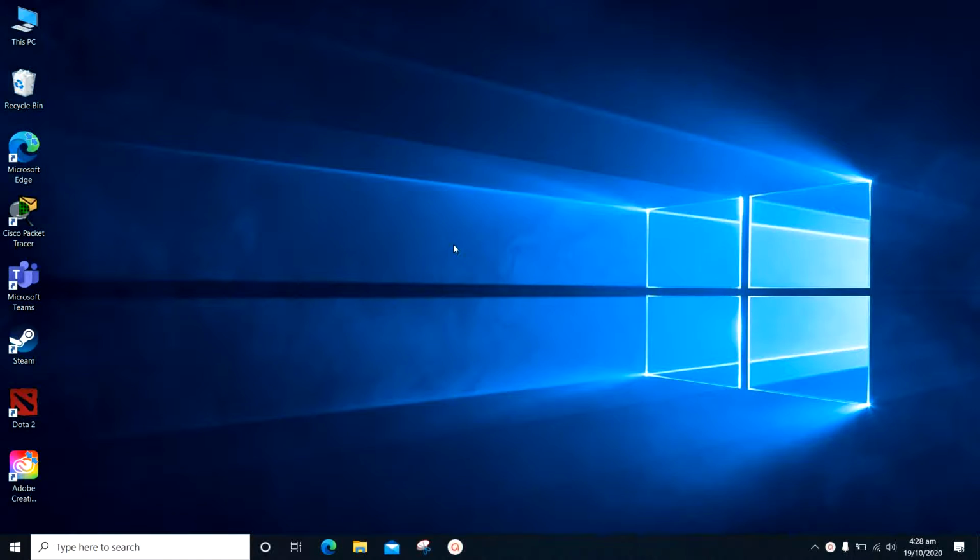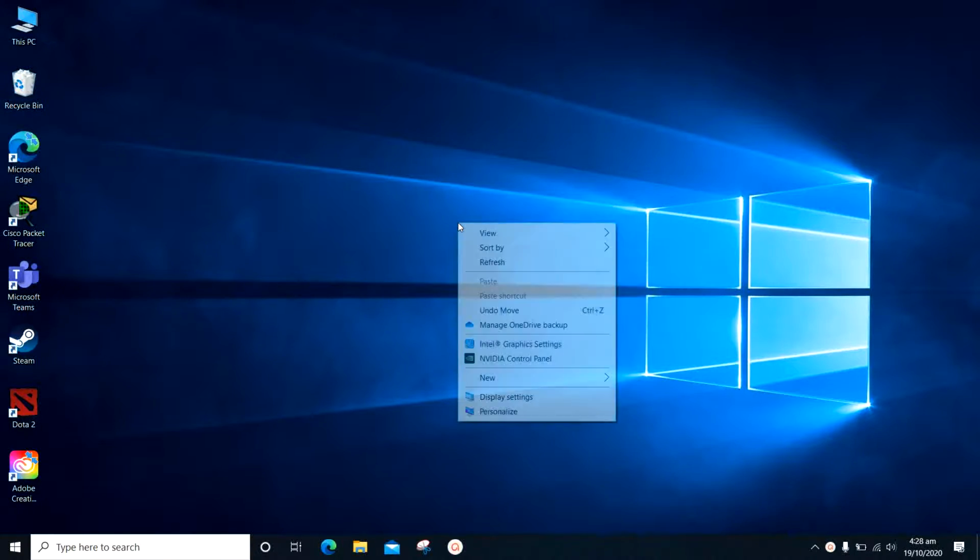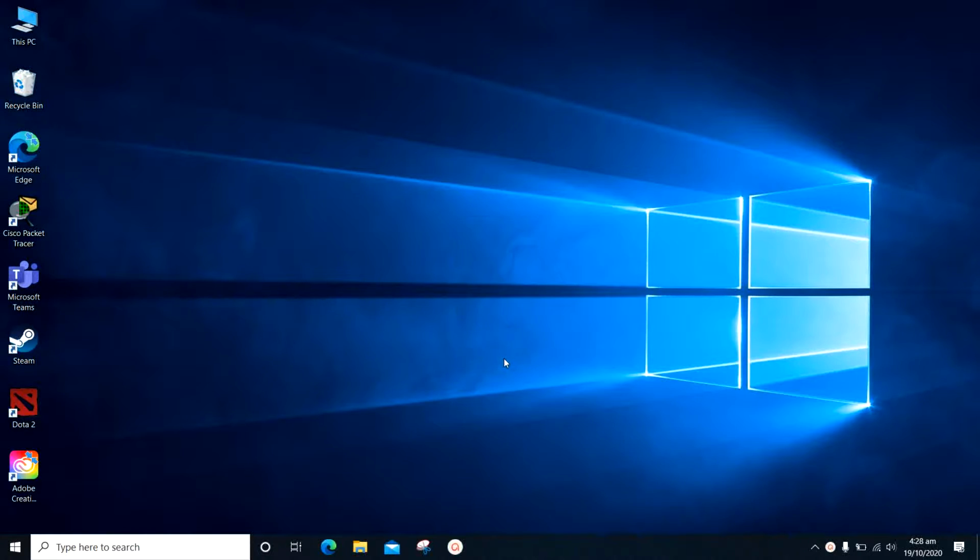Hi guys, in today's video I'm going to show you how to check if any program or game is using your external or dedicated GPU. First you go to NVIDIA control panel, then wait for it to open